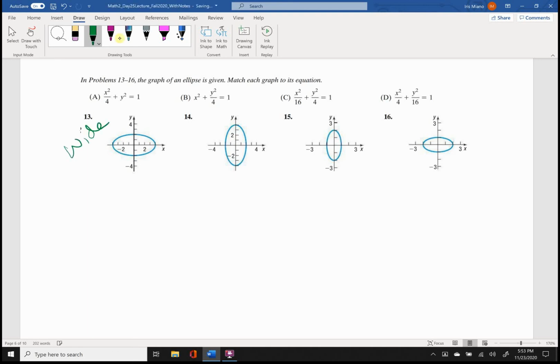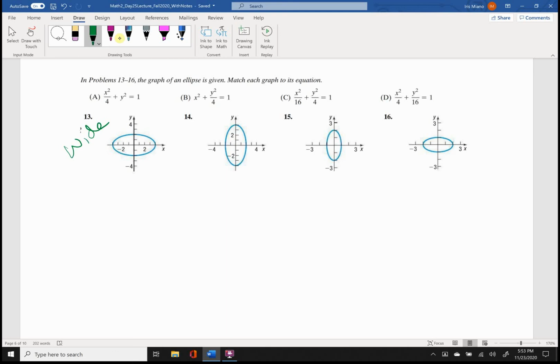For instance, the x denominator is going to be larger, and the width is centered at the origin. All of these are centered at the origin, by the way. That's the one thing that's common among all four of these. The distance from the origin to the vertex is going to be 4, so we'll keep that in mind. And so this one's looking like a good candidate, right? But let's see, that's not the one that we want